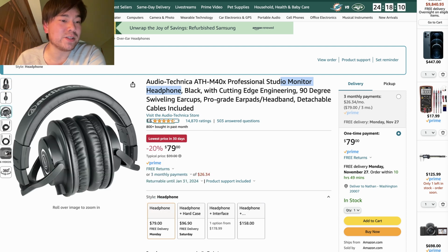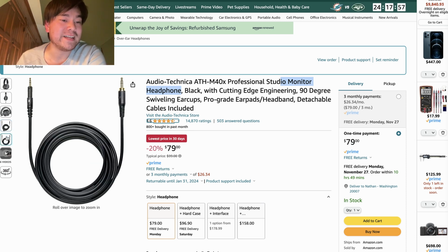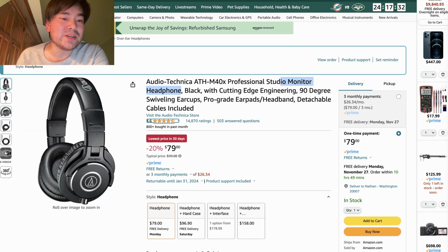These ones also come with a bunch of additional features, like you can fold them up for travel, and the audio signal cables are removable, so you can switch between having this long, flat cord, or you can use this one with a little scrunchie. And this is handy if you're doing audio monitoring on site. Let's say you're carrying your camera around. You don't want this long, dangly cord hanging around where it could get caught on things, so this little scrunchie is really nice. You can get similar headphones to this for around $50,